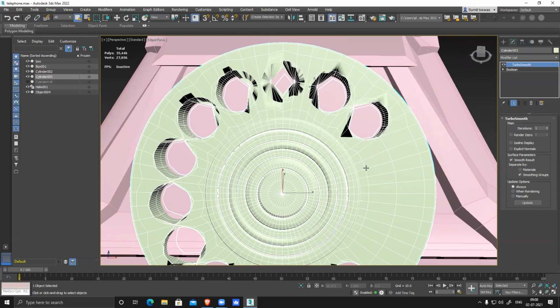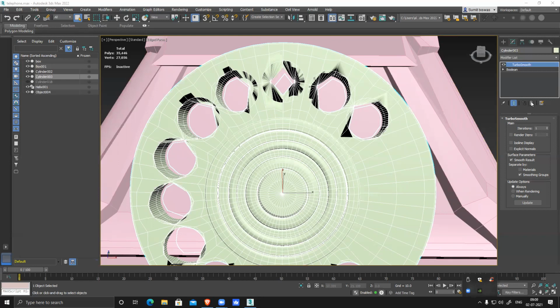If you guys are using 2021 or 2022, there is a new plugin. It's an add-on plugin that comes with updates, a read topology for Max. It's an add-on plugin from the official site. If it's not there by default, you can install it. You can check the Autodesk app, the controller. In that, it will show you updates, like install read topology for Max. So that option is there.